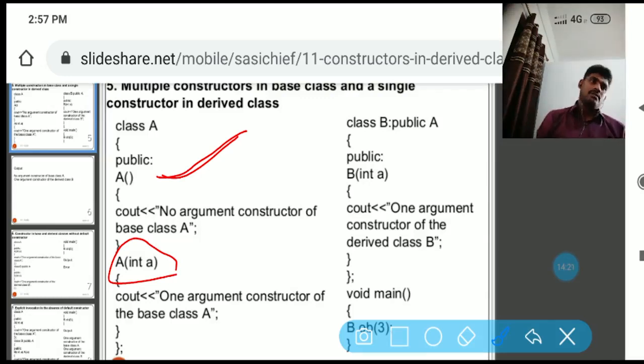Arguments are nothing but parameters, and parameters are nothing but variable declarations.